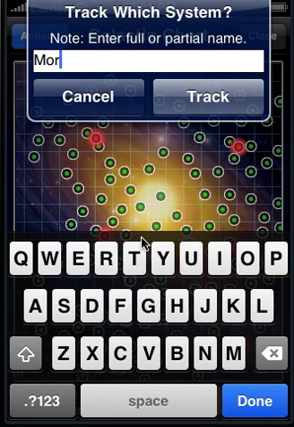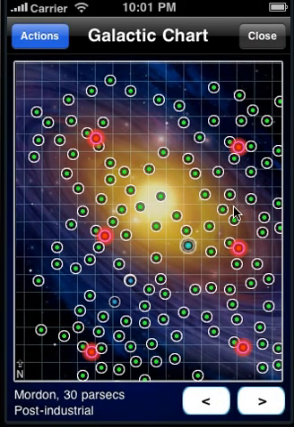So if we go Morden, track, and this is normally playing sounds too. It has sounds for all these commands, but okay, so now it's tracking. I will say in this current version of the iPhone and in the current version of Android,